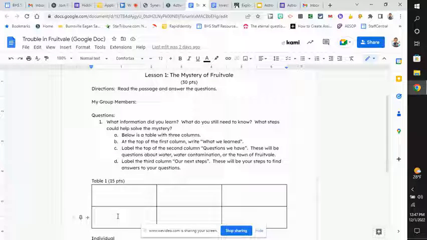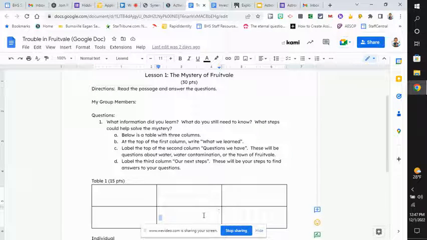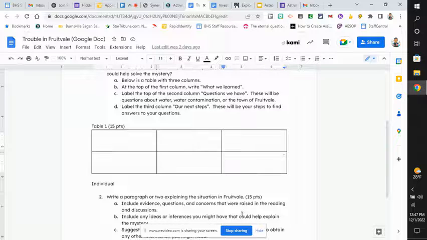And then as you read, or after you read the article, I want you to list about 5 to 7 things that you learned from the article in this square. Down here, I want any questions that you might still have. What do you want to find out? And then your next steps would be things that you want to do to figure out what's going on in